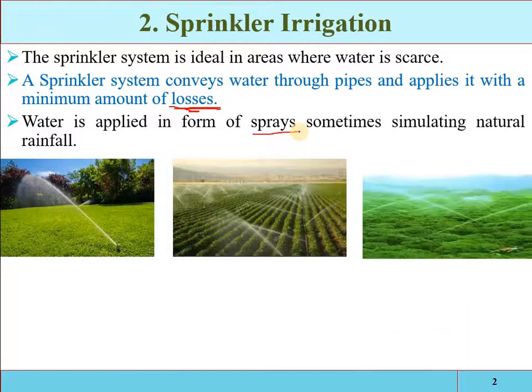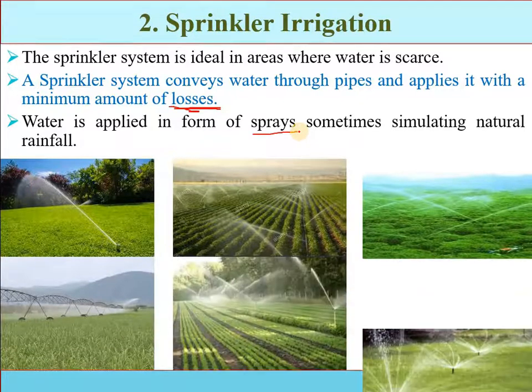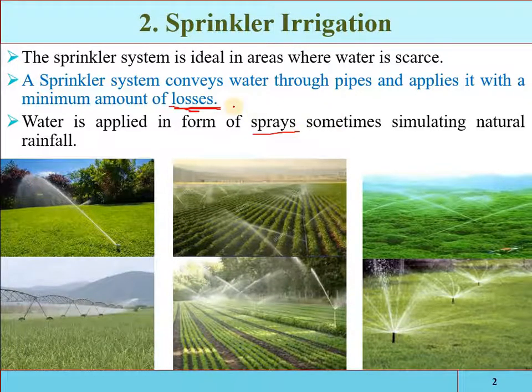Here you can see that the water is applied in the form of artificial rainfall. Then there are different methods, like you can see here that the water is applied from a single strip, and this is called the sprinkler. These are called pop-up sprinklers, and you can see that the whole system is underground. The pipes supplying the water to each individual sprinkler are underground, so the evaporation losses and conveyance losses are reduced, and the water is discharged with some specific amount of pressure.